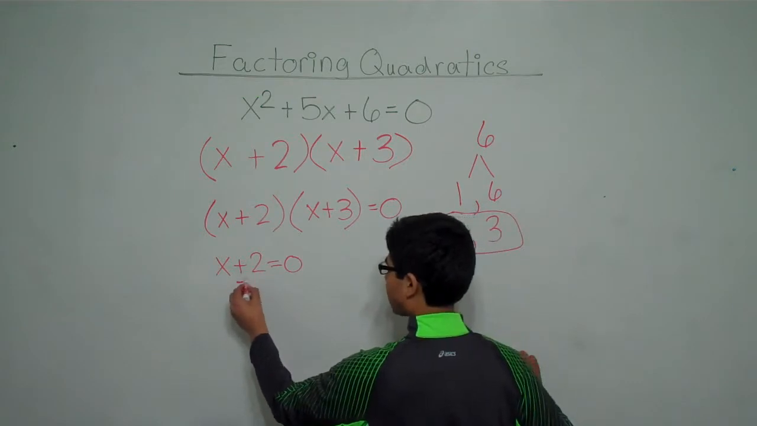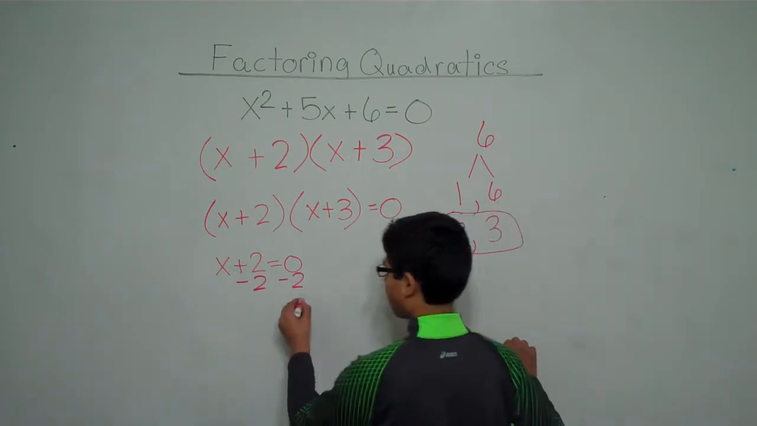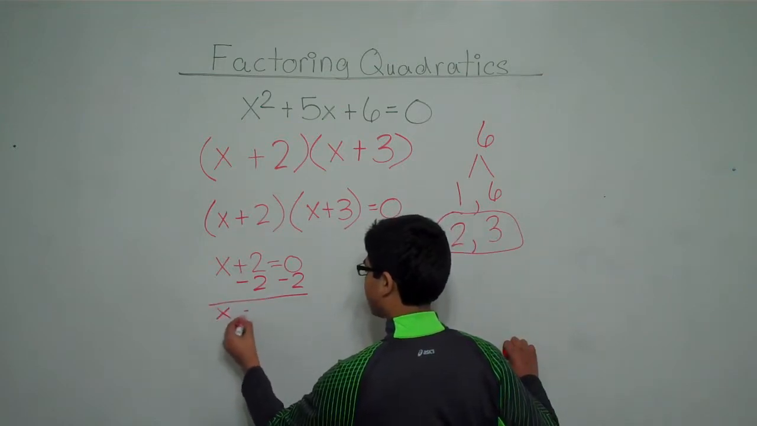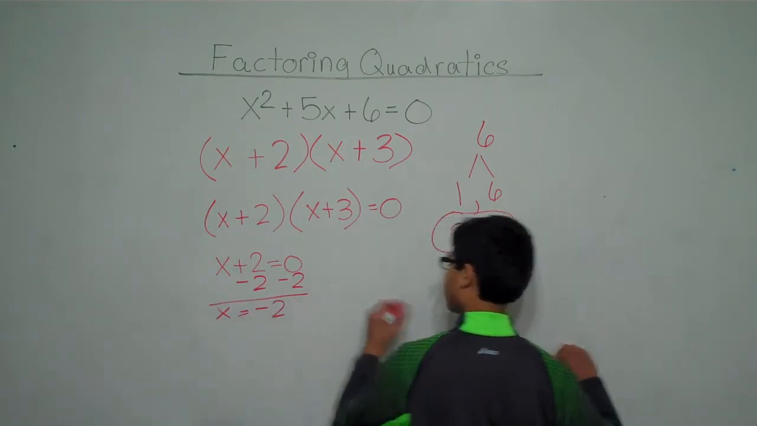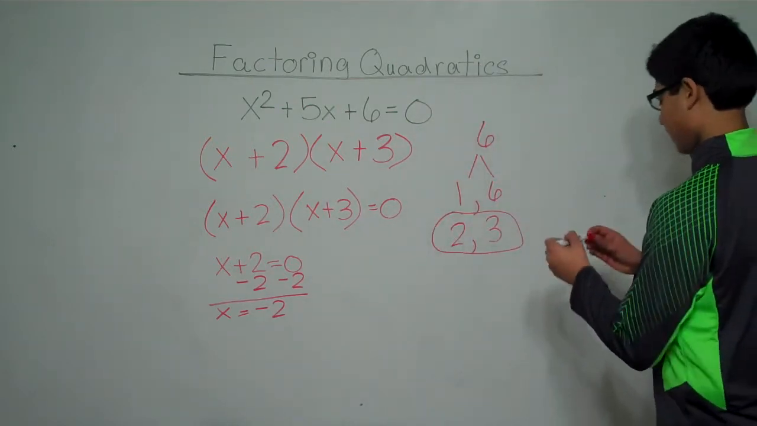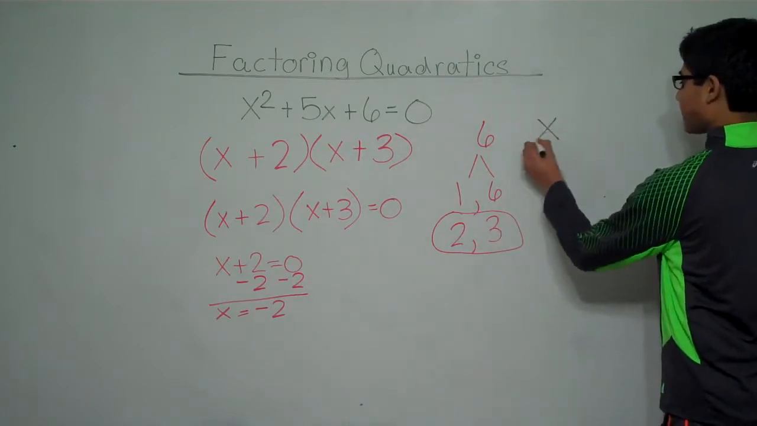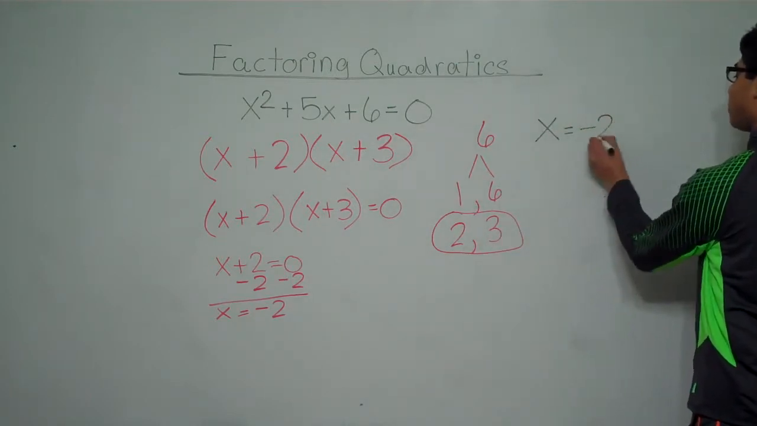So we subtract 2 from both sides of this equation to get x by itself, and we get x is equal to negative 2. So the first value of x is x is equal to negative 2,